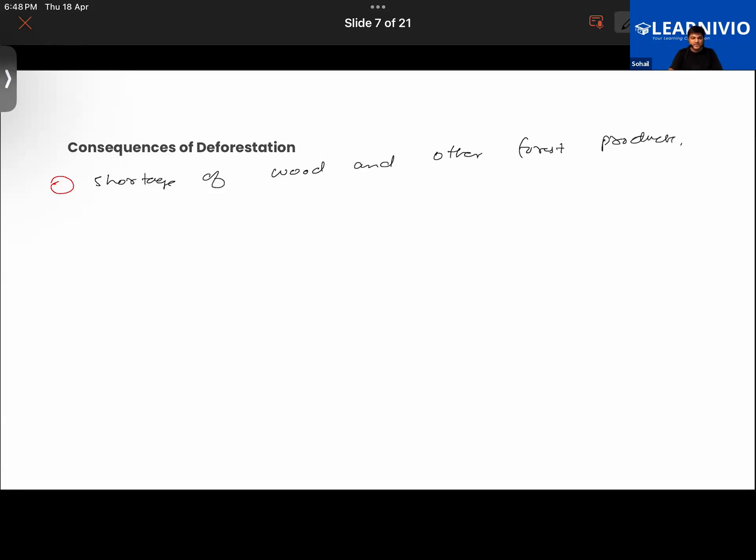So we have studied this. Continuous deforestation will now lead to a shortage of wood, right? Earlier, if we were doing controlled cutting of trees, where you cut down trees and also plant some new trees, that would keep a balance in nature. But now you are cutting an excessive amount of trees, so it will lead to a shortage of wood. So where will you now get wood to use as fuel or to make windows?